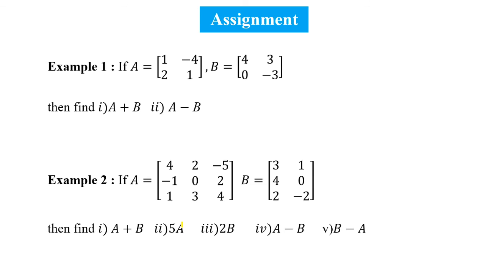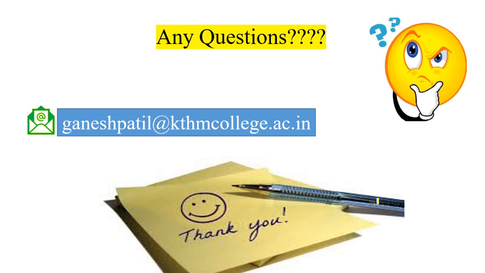And in the same example here also, A is a matrix of order 3 and B is a matrix of order 2, and find A plus B, 5A that is scalar multiplication, 2A that is scalar multiplication, A minus B and B minus A. Okay students, solve this example and send it to my email, that is